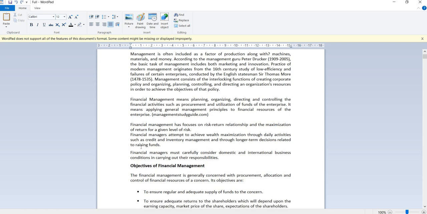So financial management has a focus on risk and return relationship. So on the risk and return relationship, if the return is greater than the risk, you should implement the decision. If the risk is greater than the return, you have to look for another alternative for your decision. So for example,